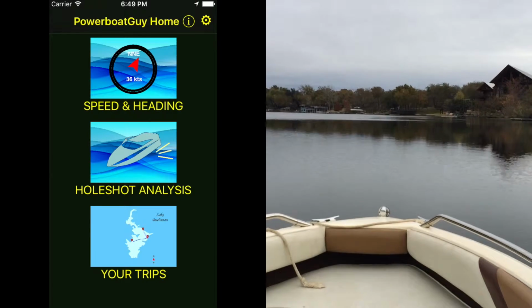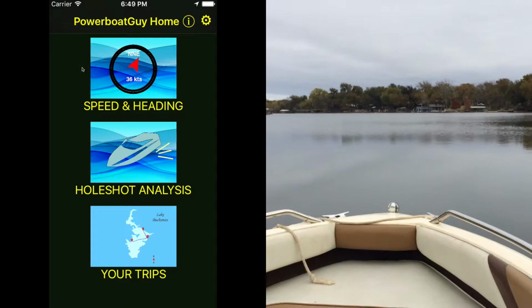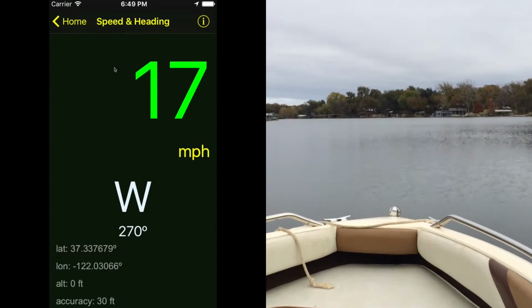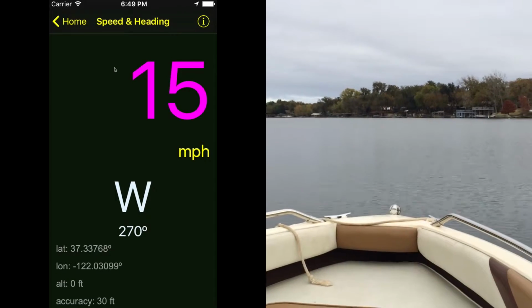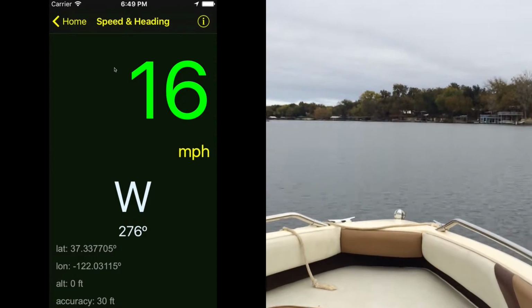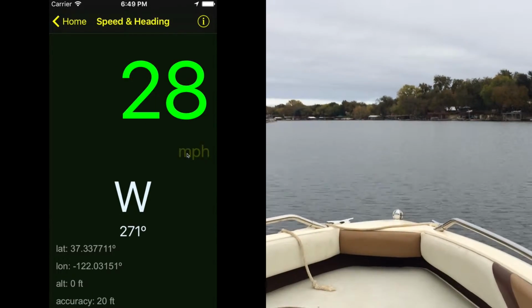Speed and heading. When we click on the speed and heading, we have an easy-to-see display, even in bright daylight. This is a GPS-based speedometer, so you know it's highly accurate. You can view your speed in miles per hour or kilometers per hour, or even knots, just by clicking on